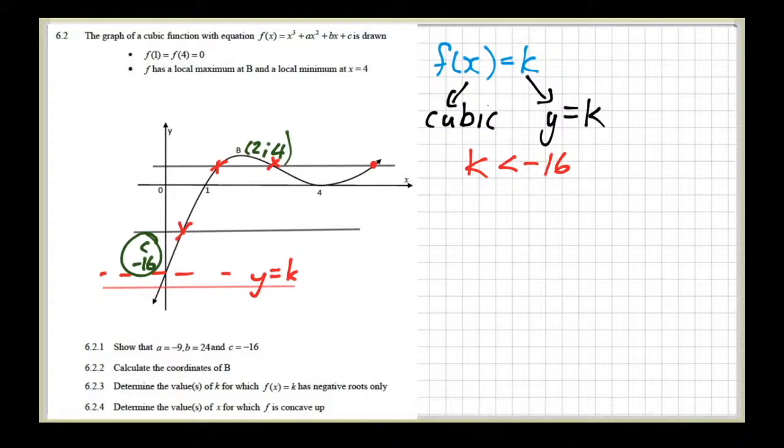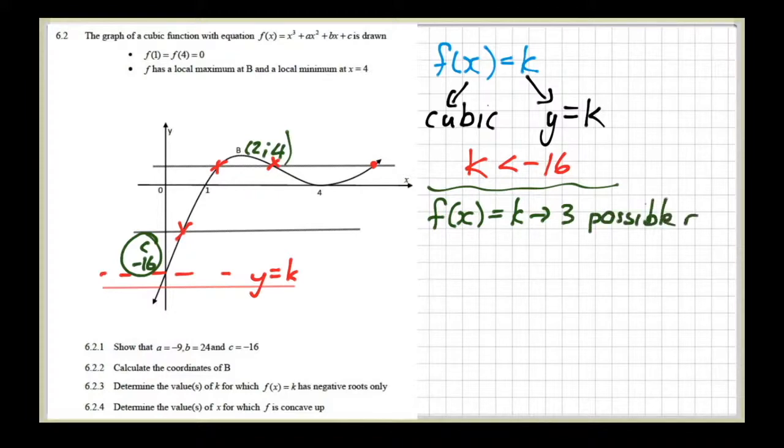I want to kind of just quickly diverge from this. What if they told you f of x equal to k, and they're looking for 3 possible roots? In other words, for which values of k, if I look at the cut between the horizontal line and f(x), will it cut the graph